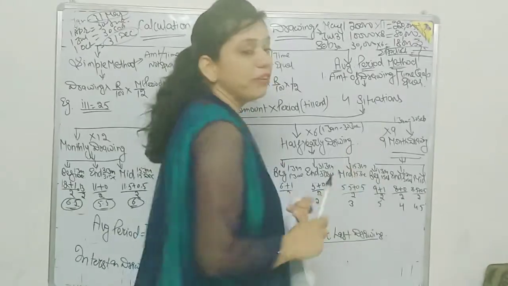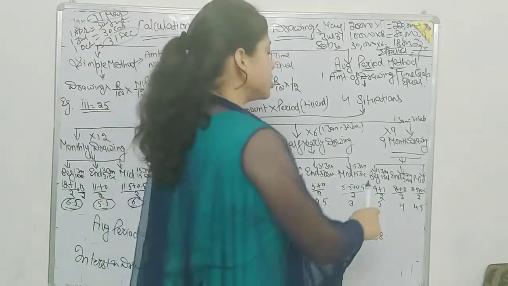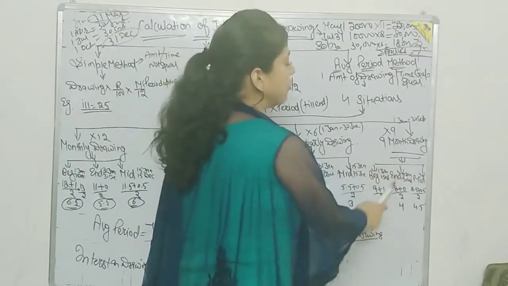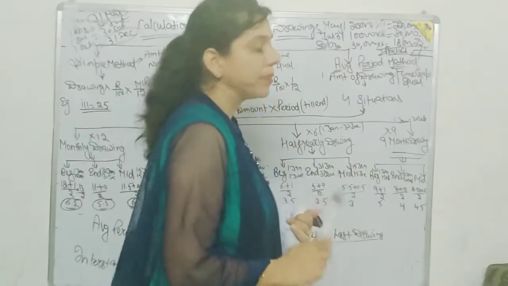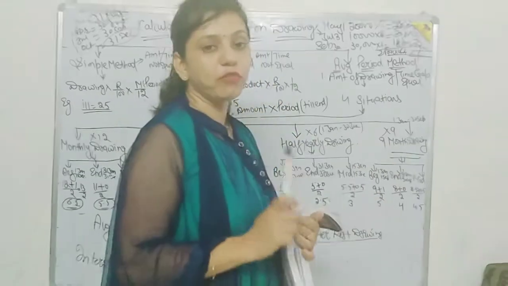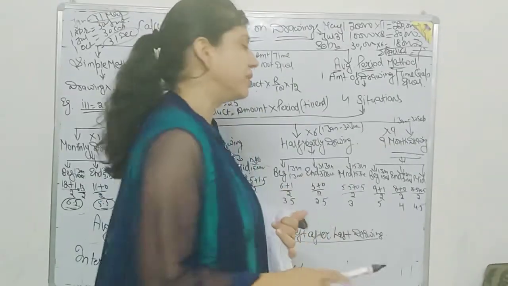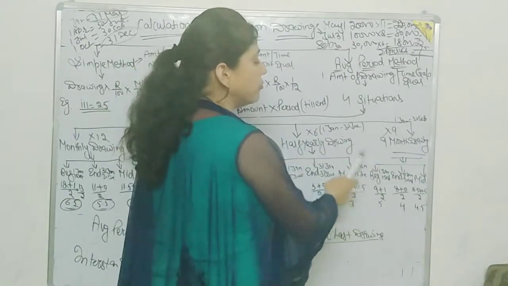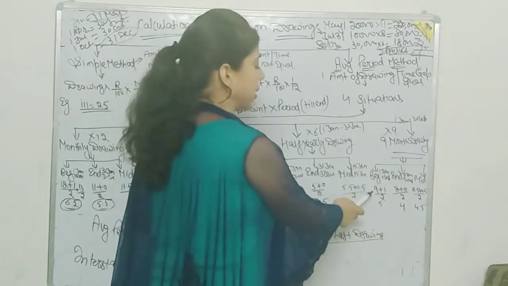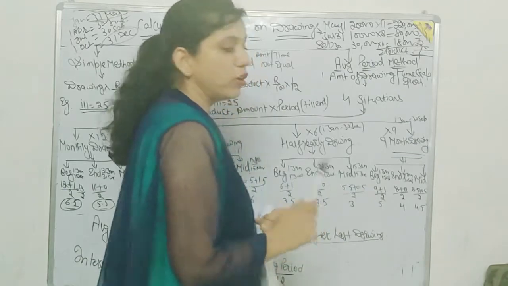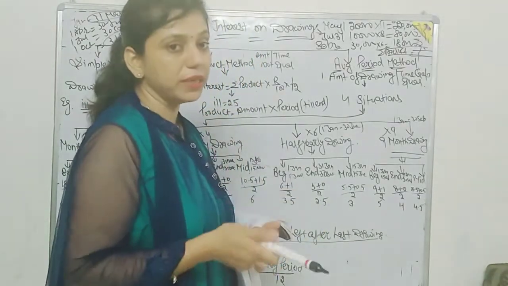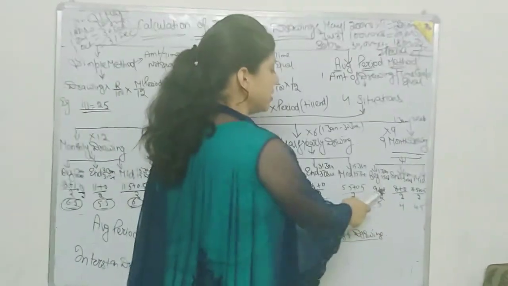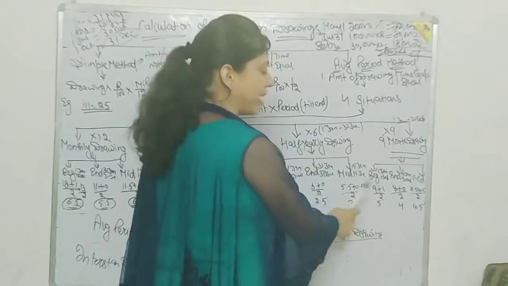So how will we calculate the average period in case of beginning of 9 months, end of 9 months and mid of 9 months? Here we have the time period from 1st January to 30th September. The first drawing is made on 1st January, time left 9 months. The last drawing is made on 1st September, so till 30th September time left is 1 month. 9 plus 1 by 2, 5.